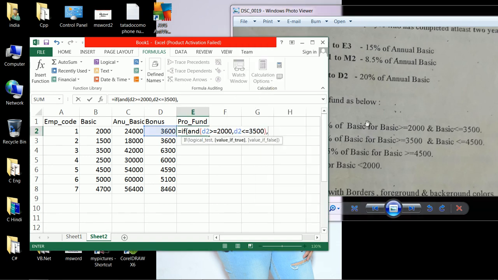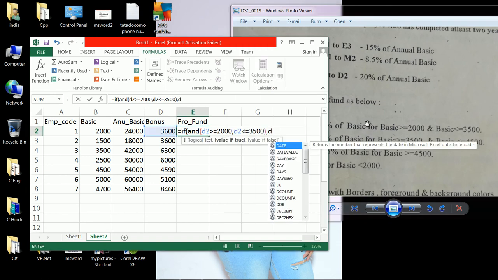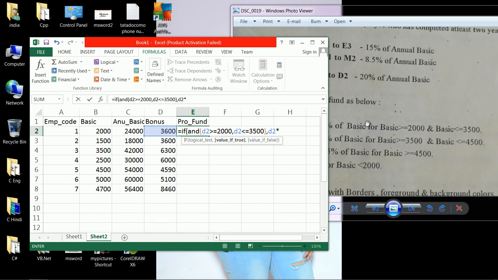Basic is in D2, therefore D2 into 5%. You can also write D2 into 0.05 or D2 into 5 divided by 100. That is also right, but this is a simple way.